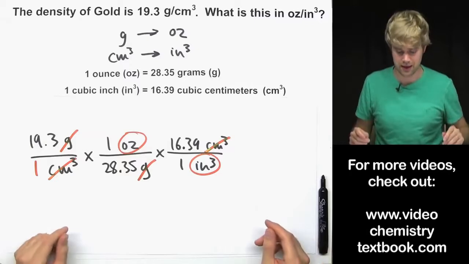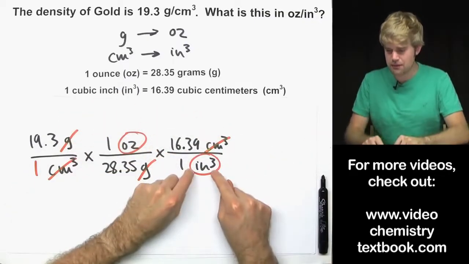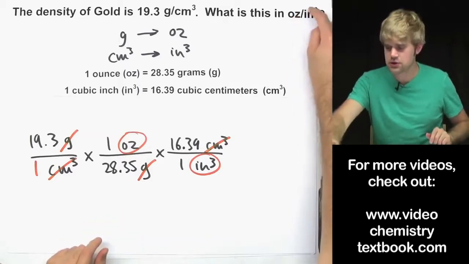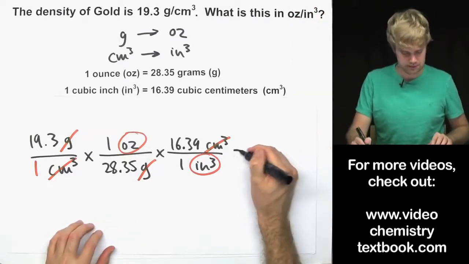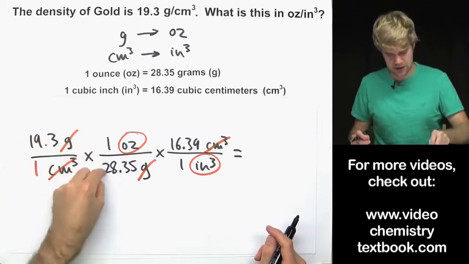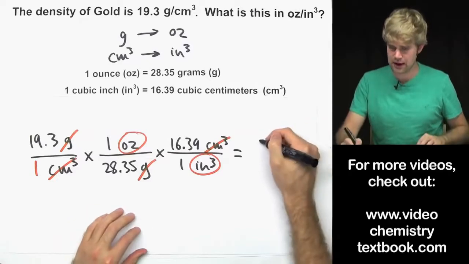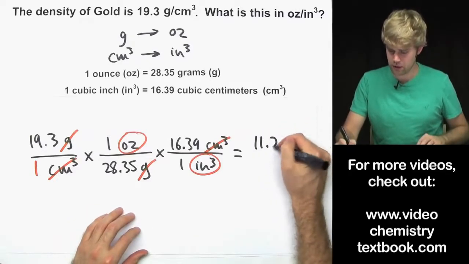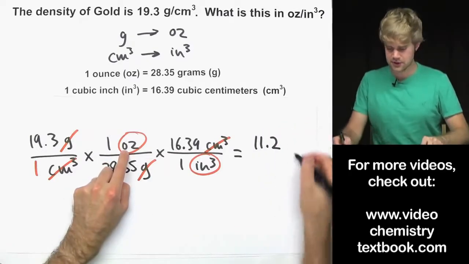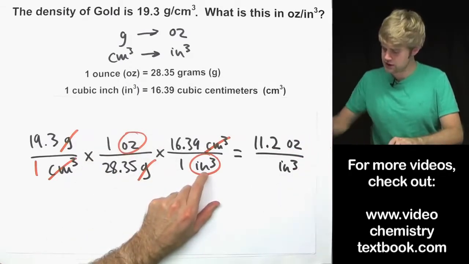Oh, I wouldn't want to screw that up. So now I have ounces on the top, cubic inches on the bottom, and that's perfect because I want ounces over cubic inches. So I'm going to do this divided by this, times this divided by this, times this divided by this, and the answer is 11.2 units, ounces on the top, cubic inches on the bottom,